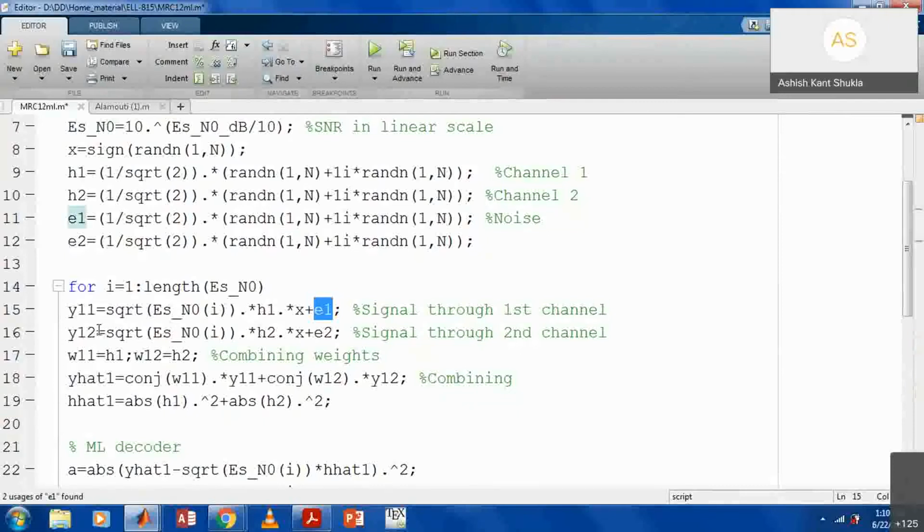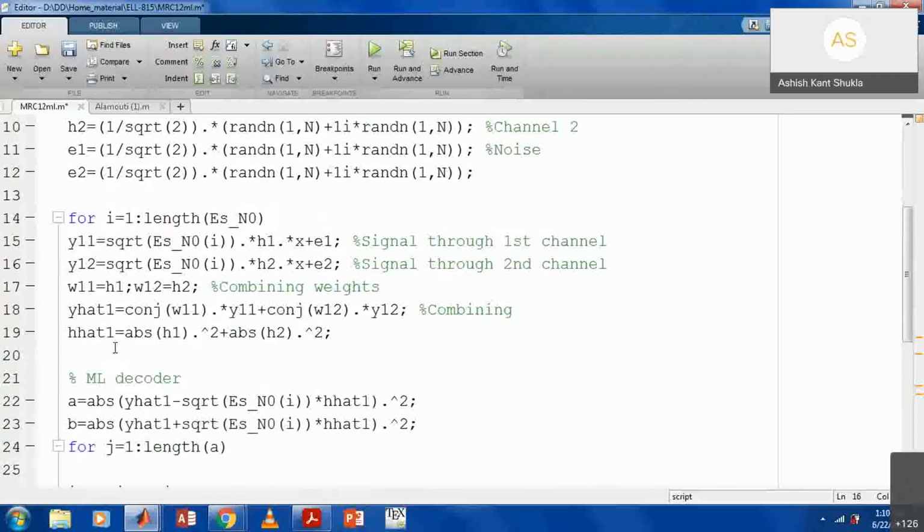Similarly, the second receiver will receive a symbol Y12 is equal to square root of Es and not I into S2 into X, and this E2 will be noise for the second receiver. Similarly, since you have studied in the theory portion that we have to combine the symbols,